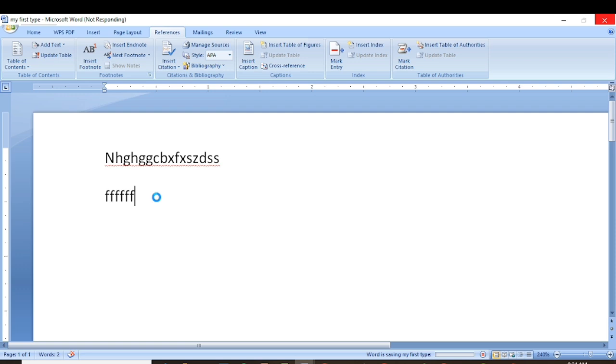Then font color, how do we give a font color? It is by clicking this particular A. This is font color, it is even written there. So you click on the drop-down button by the side of that A to see more colors. So you can decide to click on yellow, blue, or red color. So that is what we mean by